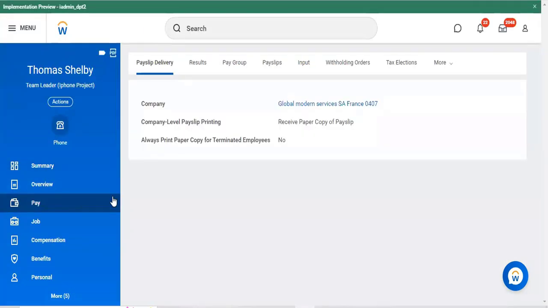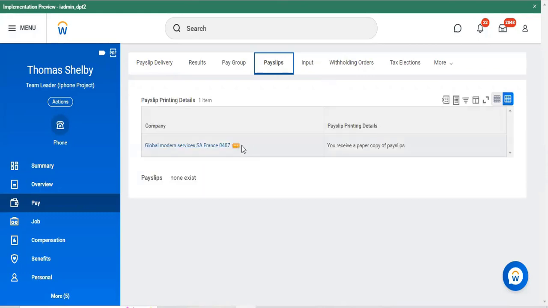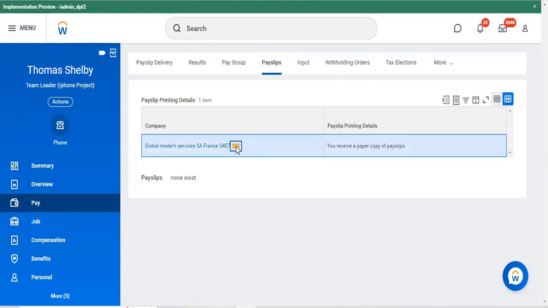Coming to the pay related activities, how to download the pay slip. We can open our profile directly, and in that we need to go to the pay tab. Once we enter the pay tab, we go to the payslip blog here. Once we enter this option, we will get a couple of options to download our payslip. See, go to these three dots. These three dots we call actions